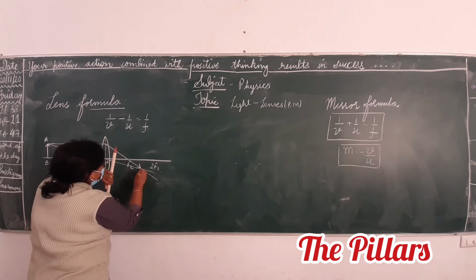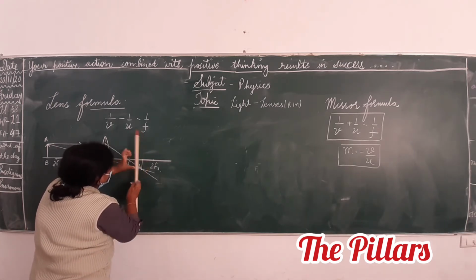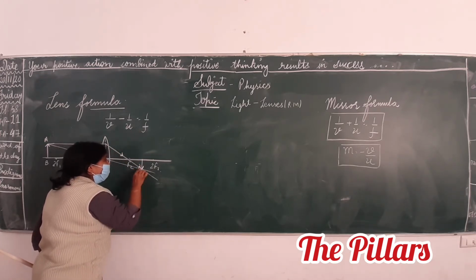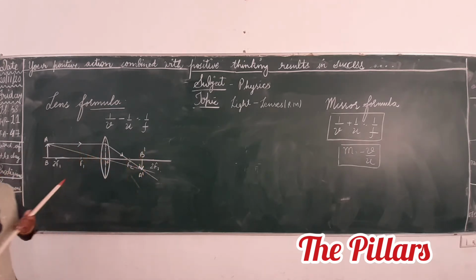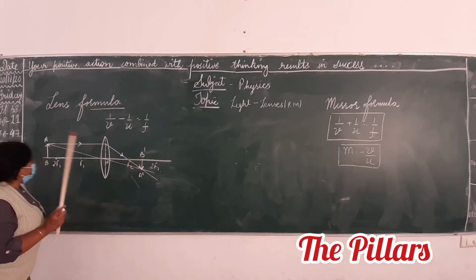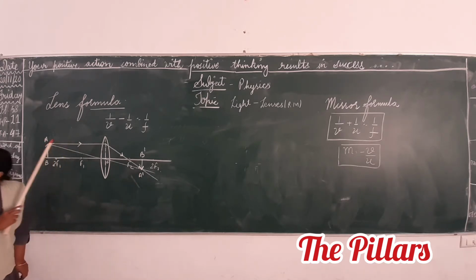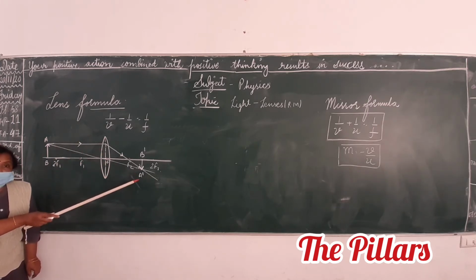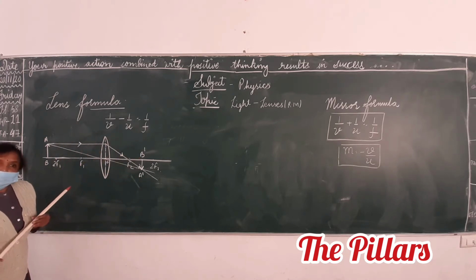I think your image is formed somewhere here. Yes, the image is formed somewhere here, right? And this is what? A dash, B dash. Please pay attention here. I wrote this as A dash, not this as A dash. Why? Because this arrow has come down. It was A here. Now it has come down inverted. That's why it becomes A dash. And this has come up. It becomes B dash. Okay, children?